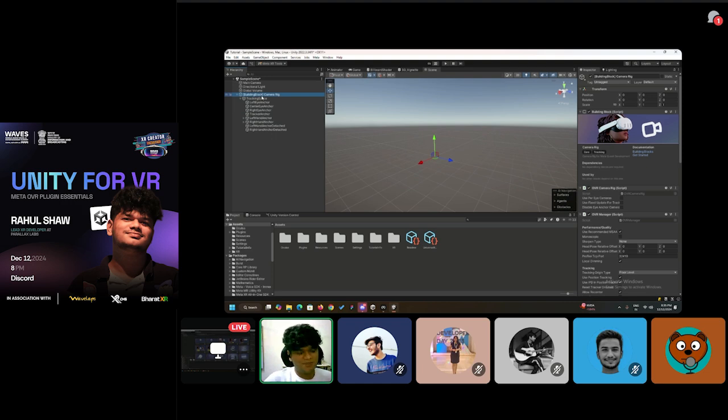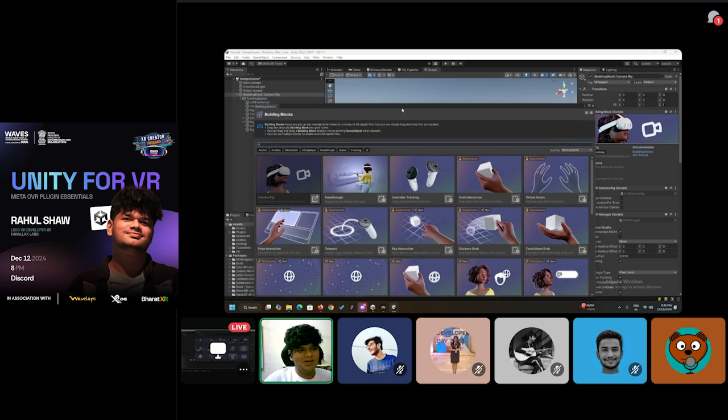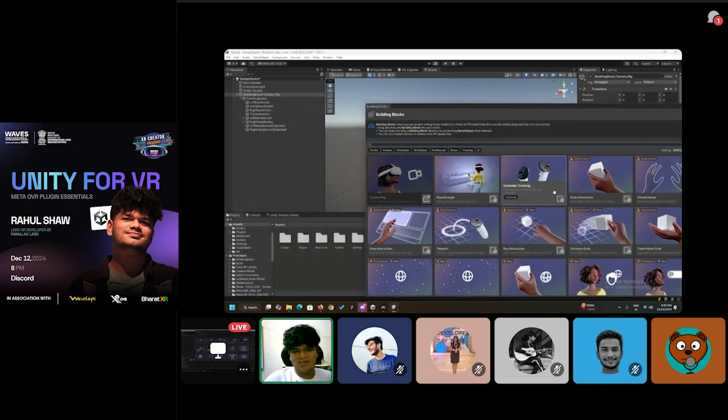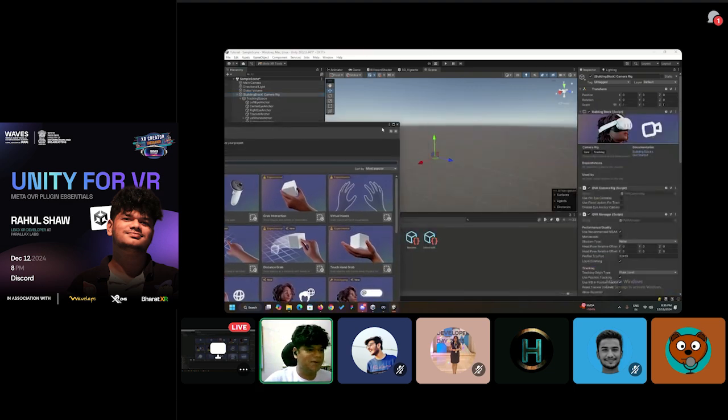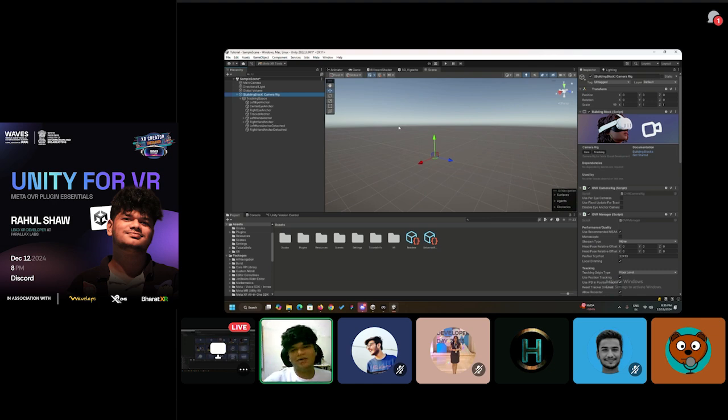So in order to kickstart yourself, this is a very awesome thing to do. Just pick any of these building blocks. ओके, पिक एनी ऑफ देम, जस्ट ड्रैग एंड ड्रॉप इट, वीआर पे एक बार चेक करो आपको कैसे फील होता है, एंड देन डिसाइड कि whether आई वांट टू कीप दिस इन माय प्रोजेक्ट और आई वांट टू ट्राई समथिंग एल्स. ठीक है, उससे आपको बहुत सारे ऑप्शंस मिलेंगे टू ट्राई एंड टेस्ट इट. ओके, नाउ यू हैव द कैमरा रिग. कैमरा रिग मतलब कि प्लेयर है आपके पास, आप खुद हो वीआर में,